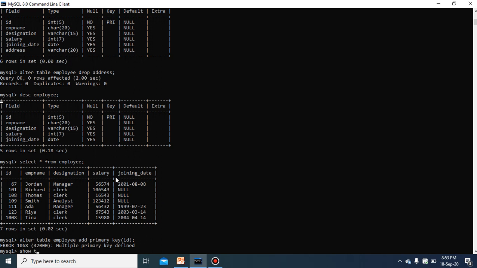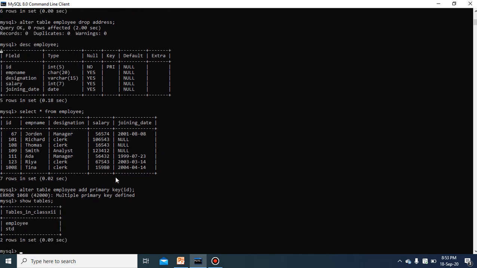So you will write show tables, and this command will be executed for the database class 12. Okay, yes, class 12. The tables in class 12 are employee and STD. So there are two tables, employee and STD. So you can delete STD. Let us see whether there is any data in STD or not.